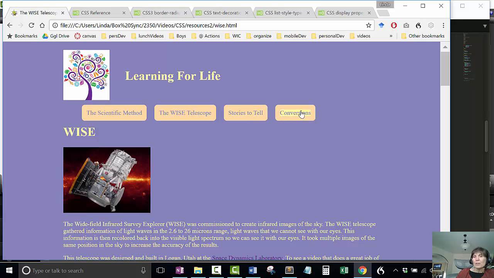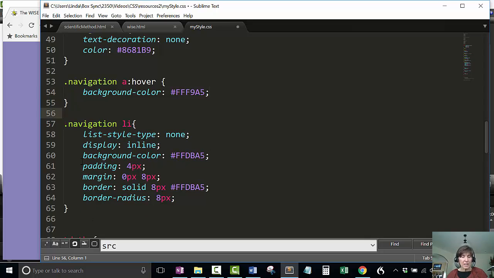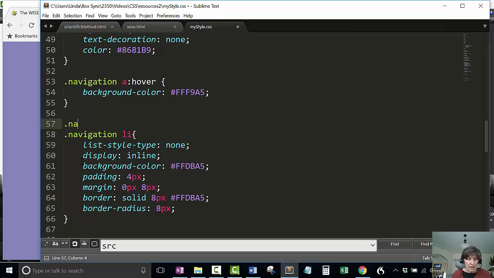But also notice that the LI is not, we have all this other stuff on the LI. We have some padding that's also colored. We have a border that's colored. So the only thing that's changing when we hover is what's on the A tag. And so you can set these hover styles on other elements. So we could set it on the navigation,